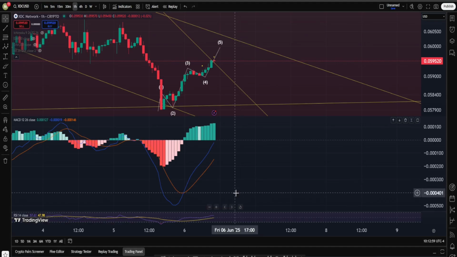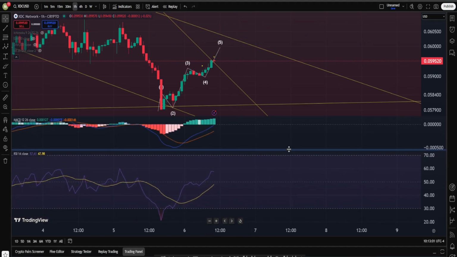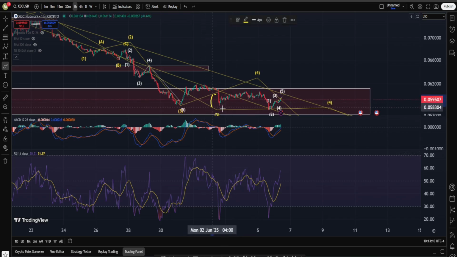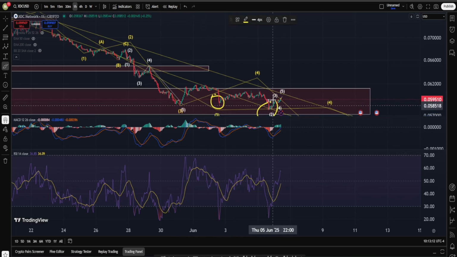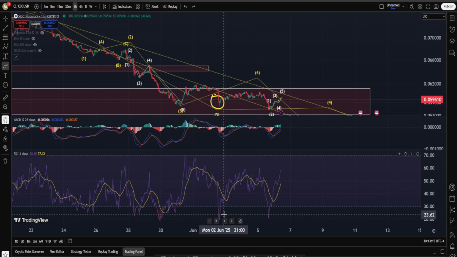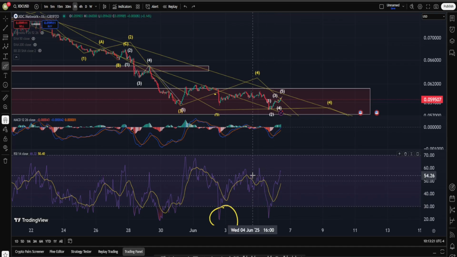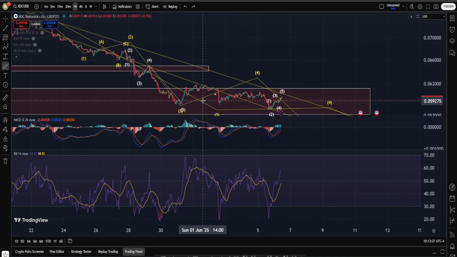Now, in H1, what is going on in RSI? You see, this is on the live chart a low. The other one is a lower low. However, in RSI, we are having a low, and the other one is a higher low. And this, my friends, is a clear-cut, classic, beautiful bullish divergence,